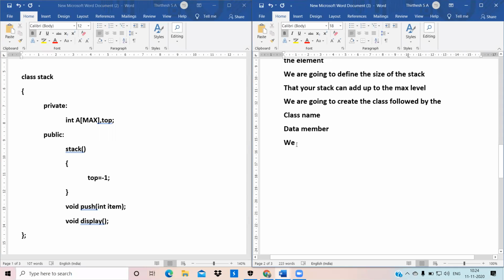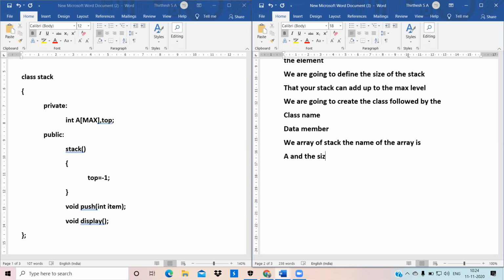Here we have defined an array for the stack, and the name of the array is A, and